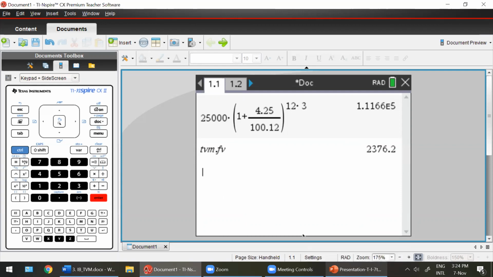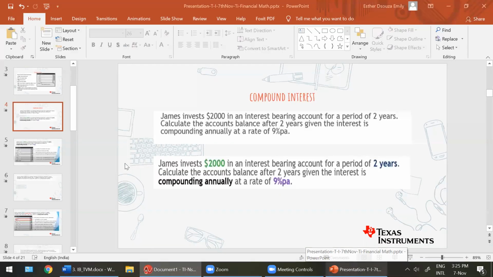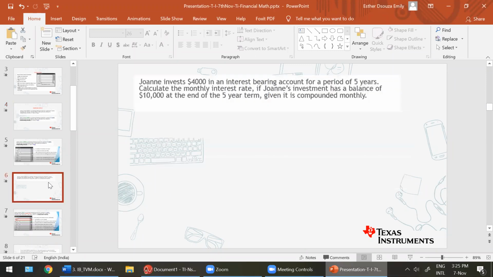Now, students, we are going to go ahead and play around with the variables. So, since we've already familiarized ourselves with all the variables, go ahead and do the next question that you see on the screen and type your answer in chat.